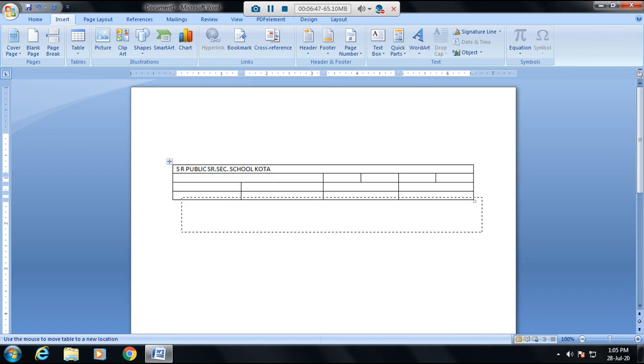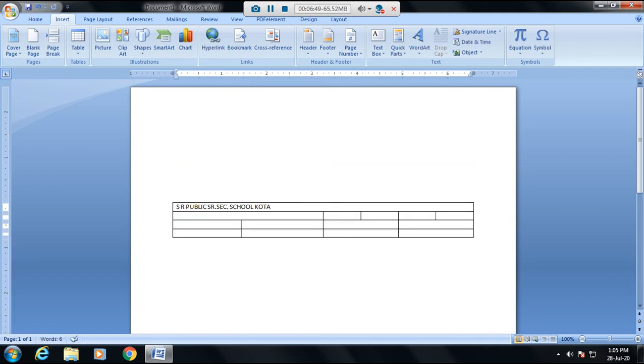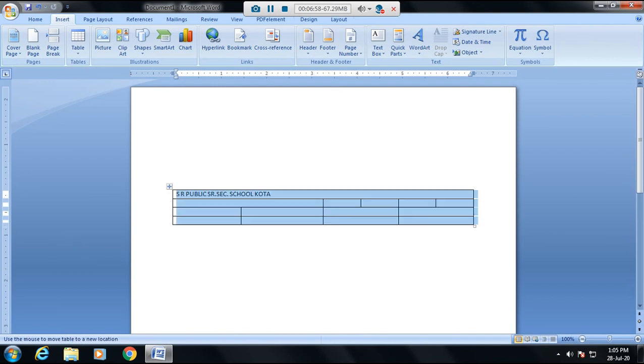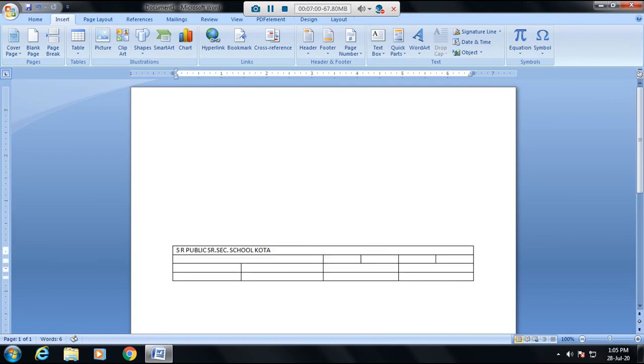Click and drag. Whenever you want, you just have to drag this table.